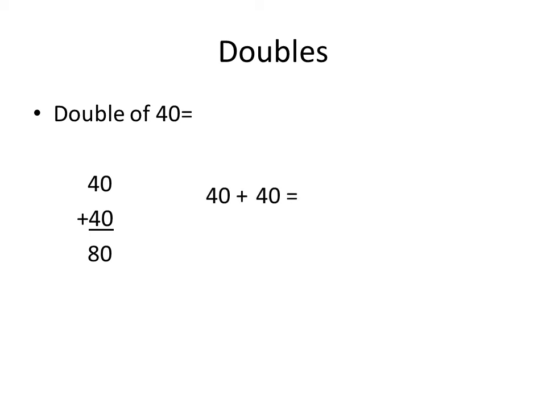40 plus 40. First we add the unit place, or the last number, first: 0 and 0. Here also we have 0 and 0. We know that 0 doesn't have a value, so it is 0. Next we add this 4 and 4. So 4 fingers in your one hand and 4 fingers in your other hand. When you add 4 and 4, you get 8 as your answer. So when you add 40 plus 40, you get your answer as 80.